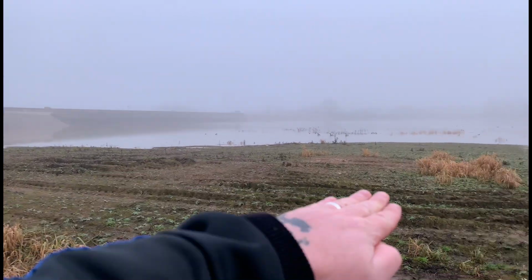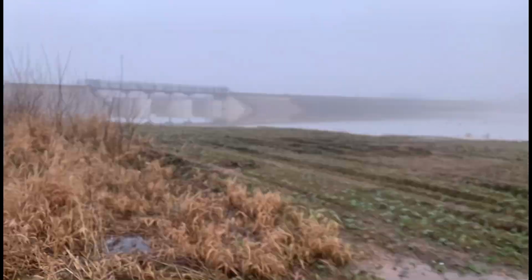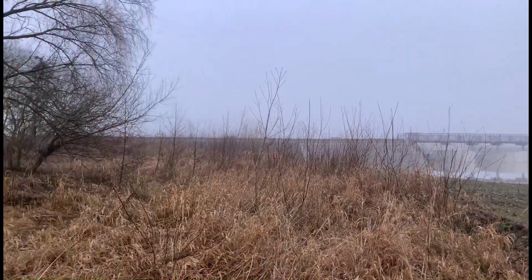So yeah, 1.5 meters rise. You've probably got 1.5 foot, 2 foot rise here. Yeah, if you follow the line round, I'm pretty much guessing most of this is going to be